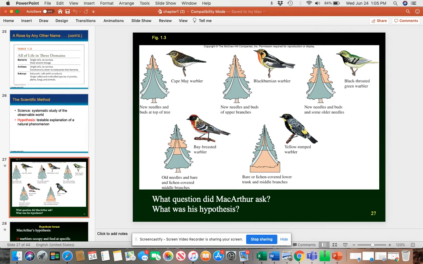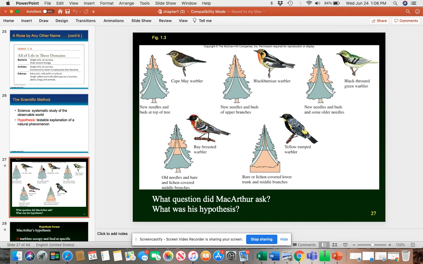Now, he realized that these birds, through observation, were all occupying different parts of the trees. So his question really was, what is causing these 5 warbler species to occupy one particular tree,